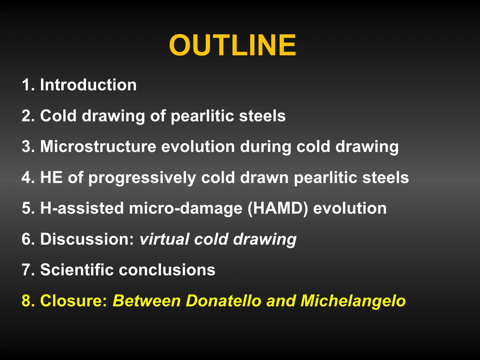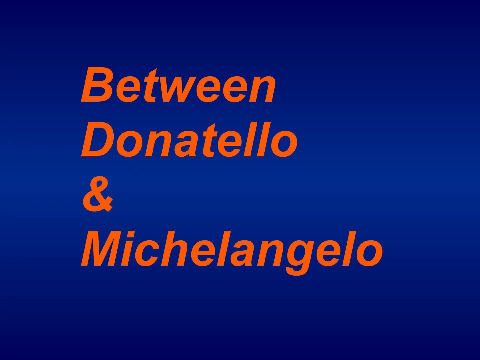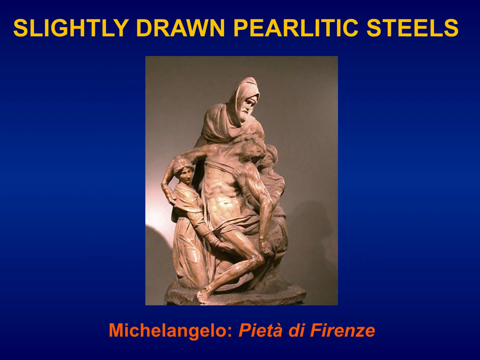And now the closure, a relationship between science and art, between Donatello and Michelangelo. Between these two Italian sculptors, Donatello and Michelangelo. For a slightly drawn perlitic steel, the fracture mode is tearing topography surface, and it resembles the texture of the surface of Michelangelo